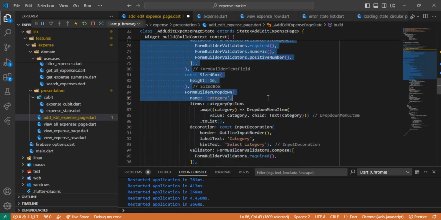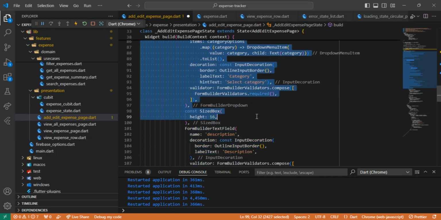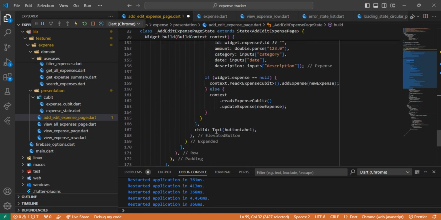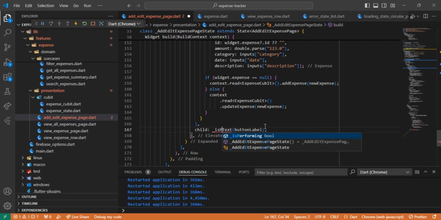Lahat ng mga widgets i-display again, but this time what we want is to make this one dynamic. So dapat pag is performing, pag true yan, you don't have to do this. If is performing is true, pwede naman diretso na lang. If is performing,